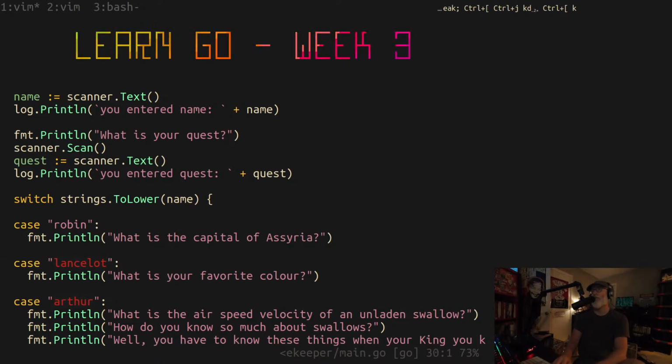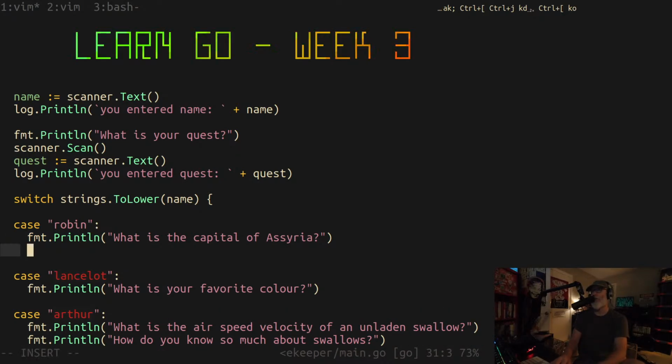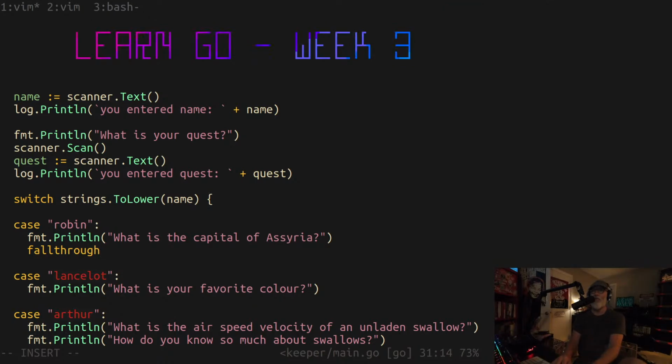And if you actually want it to behave like C, you have to tell it that. You have to use, was it fallthrough or fall whatever? Fall through. Yeah. So fallthrough is a keyword, and that tells it to behave like C. So those of you who know C and are coming to Go, you have to tell it you want to do that. And the idea behind this, by the way, is to make it less like if-else